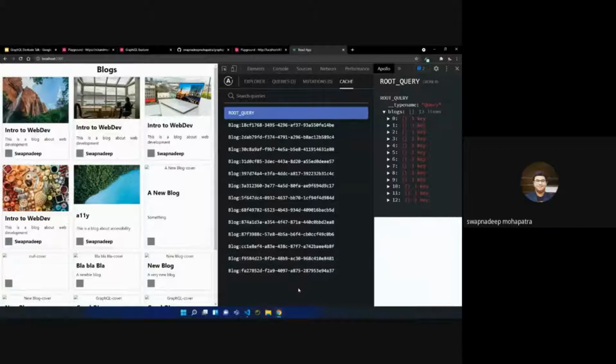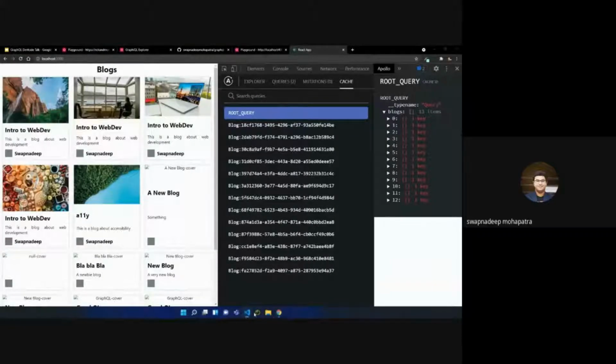We have every reference to the blog. What happens in the cache is that the cache is stored in a linear format. It is not stored in a tree or a nested format. So we have all of the blog list, and inside of the blog list we have a single reference id, and the reference id refers to another blog item. So everything is cached in a linear format, and it is not stored in a nested format or a tree format. Now that the query is done,